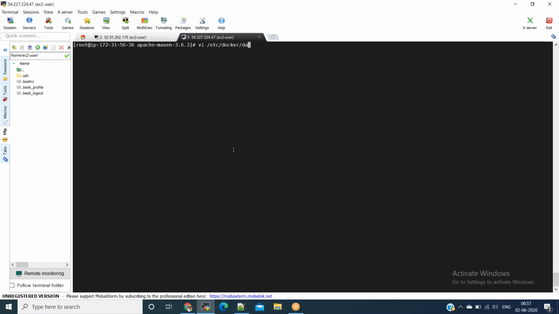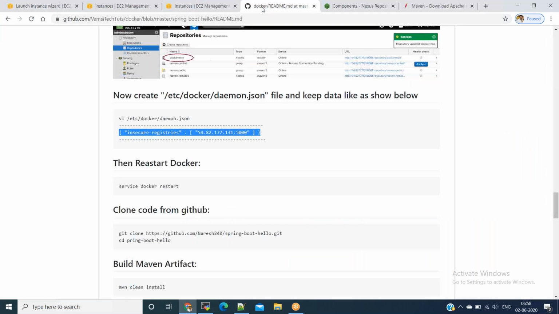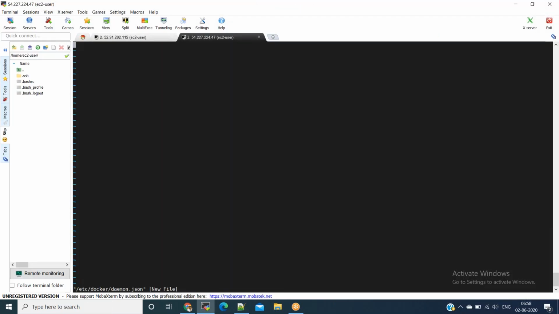vi /etc/docker/daemon.json. Enter. Paste the entry. Change the server IP.